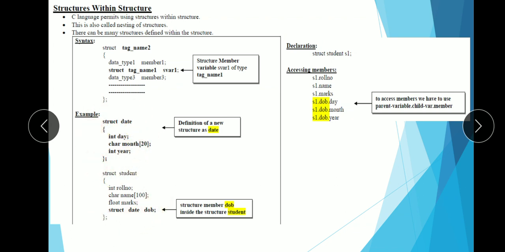So if you want to access the member of this child structure, then you have to follow this syntax, that is parent variable dot child variable dot member. Which is the parent variable here? S1. Which is the child variable? It is DOB dot member. You can then access these members.